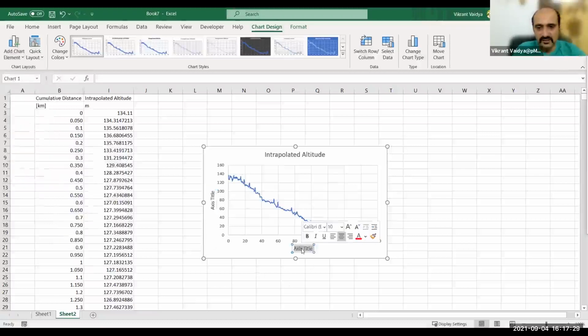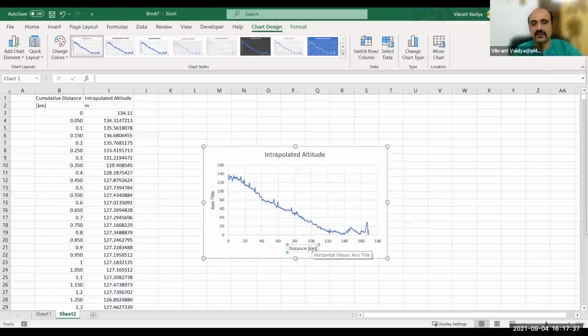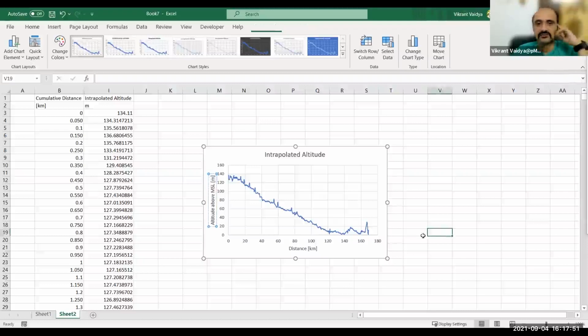So axis title, we can just change it. I usually prefer this way, the units inside square brackets. Altitude above mean sea level, this is in meters.